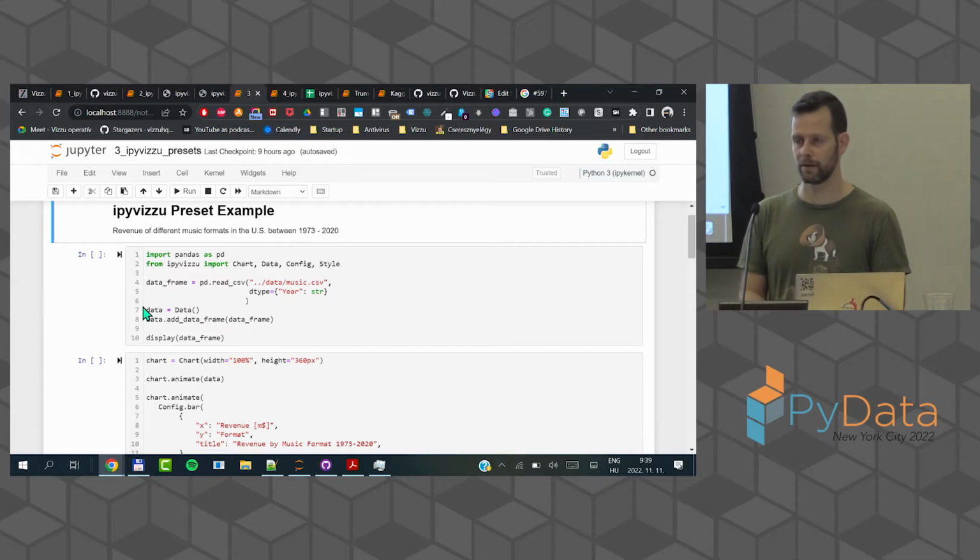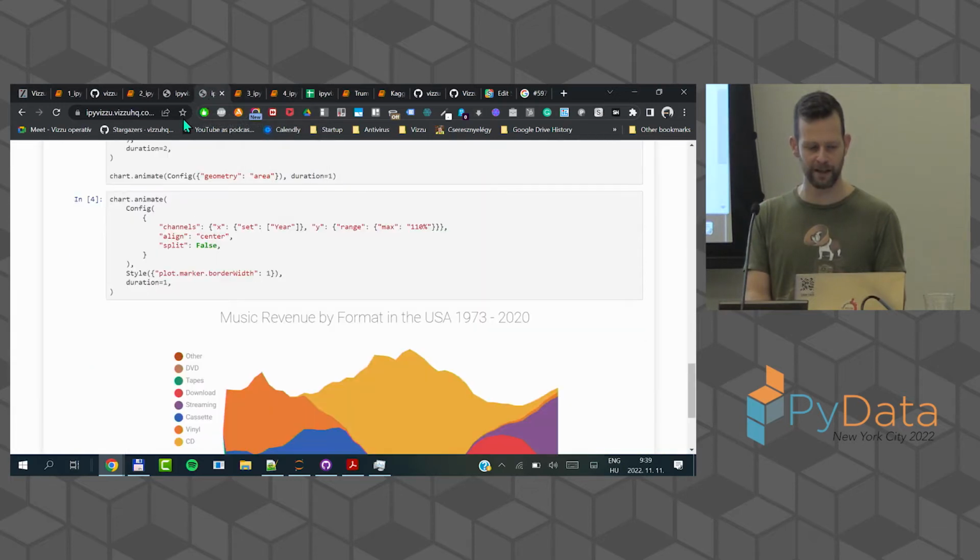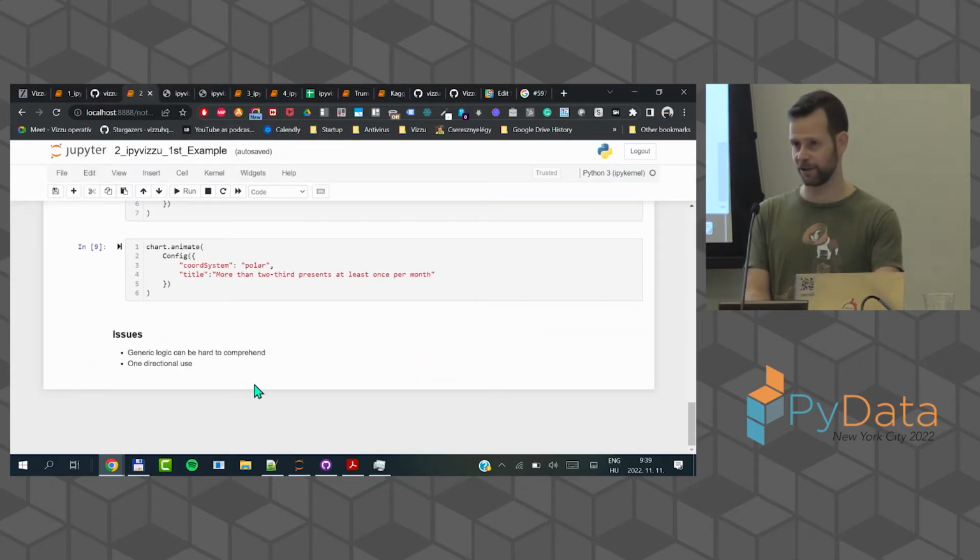No, it's an animated interactive HTML file. You weren't there with the Trump presentation. That's all right. So it's interactive. You can go back and forth between these slides, because that was the other issue that we had that is mentioned here is the one-directional use. We already have a solution for that, and I'm getting there. I promise it's going to be more handy in 15 minutes. It's just basically